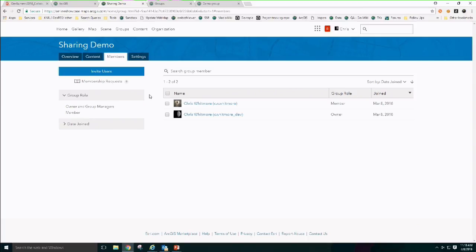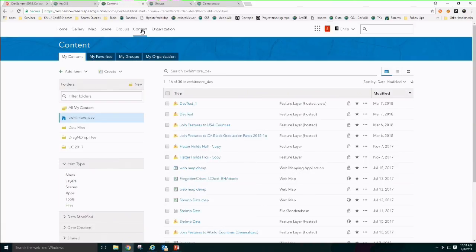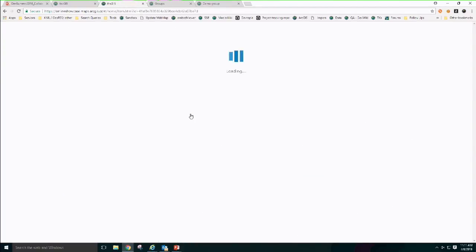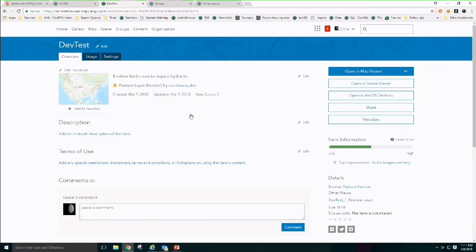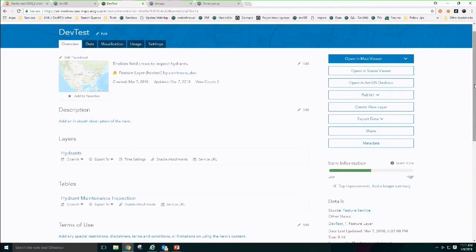And as part of this, say I have a hosted feature layer, and I have one right here, and this is a primary data set, and maybe it's a master data set, and you have a lot of data that you don't want exposed completely with others. But maybe you have some contractors that you need to review some of the data, or maybe you need them to collect some of the data, but you don't want to make all the data available to them. Well, an option for that is to first share privately with the group,